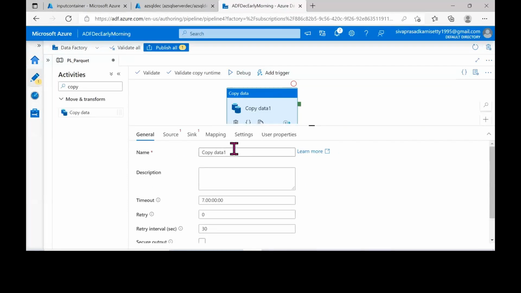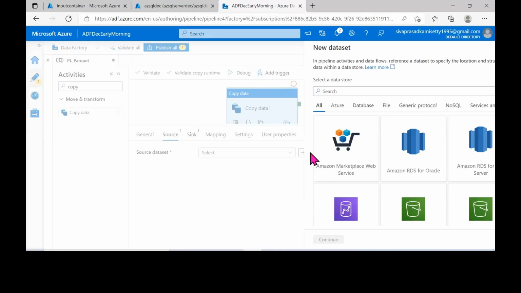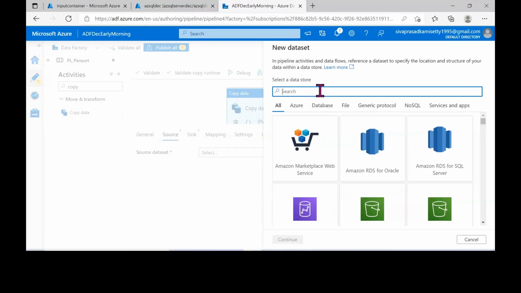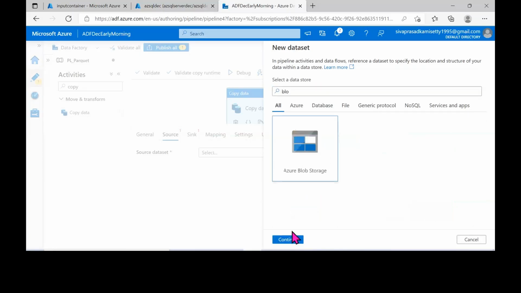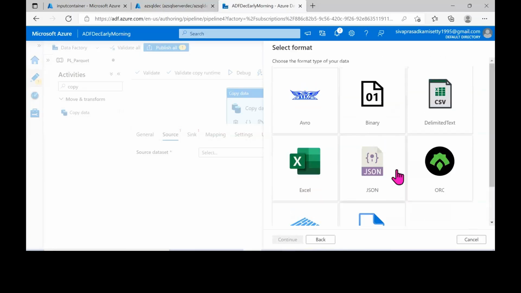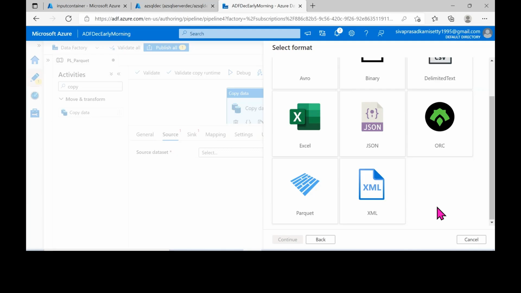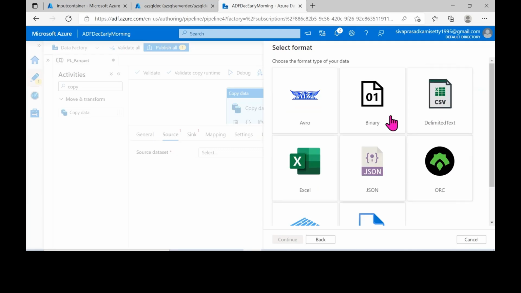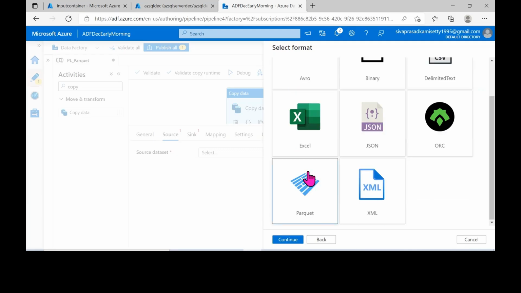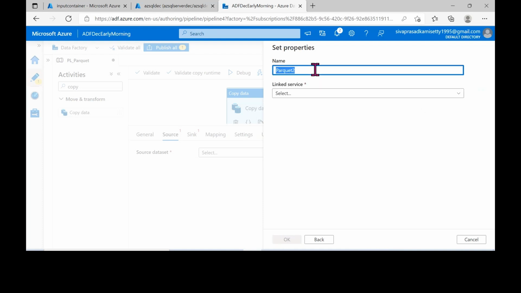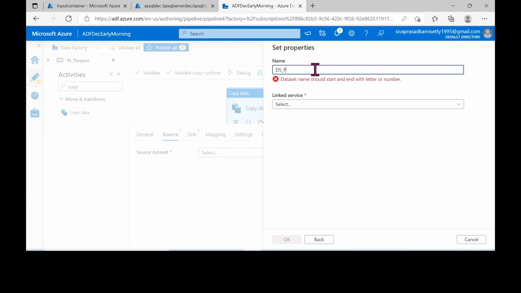Okay, let me create a new data set. You can create any data set, but when you're choosing the format, these are all the different formats available: ORC, Avro, binary, JSON, Excel, Parquet, XML, CSV. CSV we have already covered. Now let me show you this Parquet. Here you will have to choose this Parquet based format. So let me create something called ds_par,